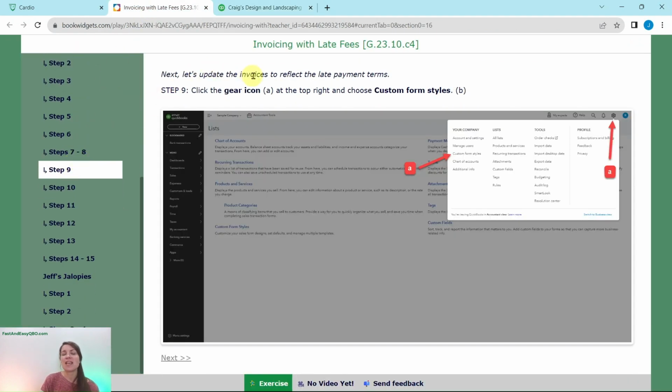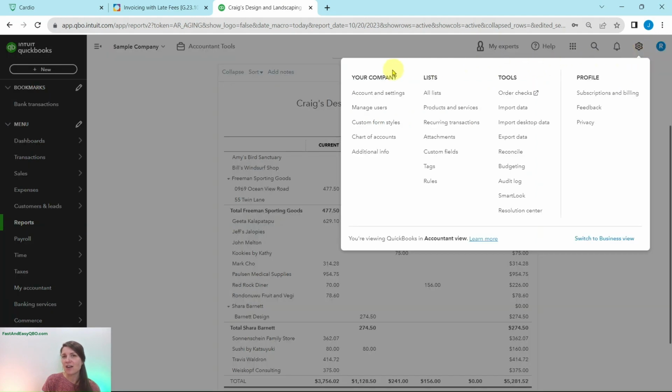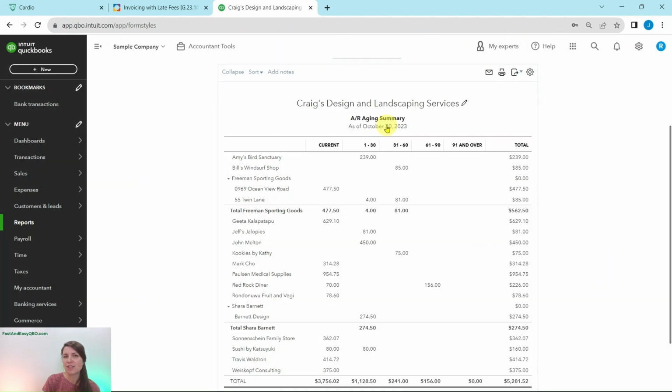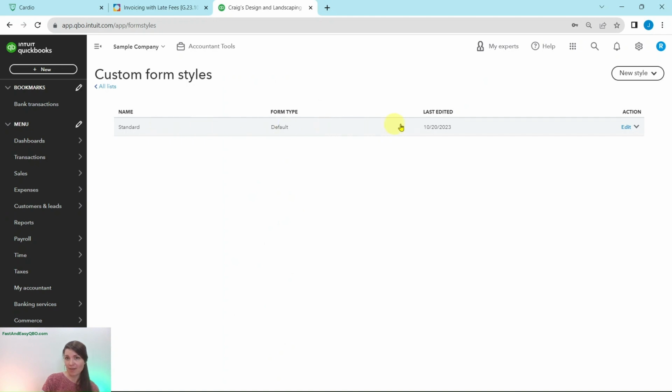So now let's update the invoice to reflect the late payment terms. To do this, we're going to click on the gear icon on the top right and then choose Custom Form Styles. So go back to this gear icon on the top right, click on that. Under the column Your Company, you're going to select Custom Form Styles. And when you do, QBO will pull up this. You will see one is currently here, and it's a standard default